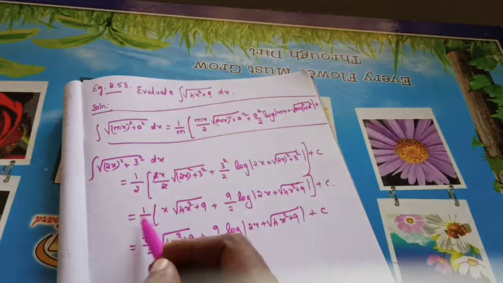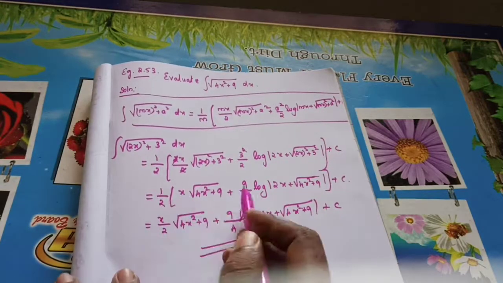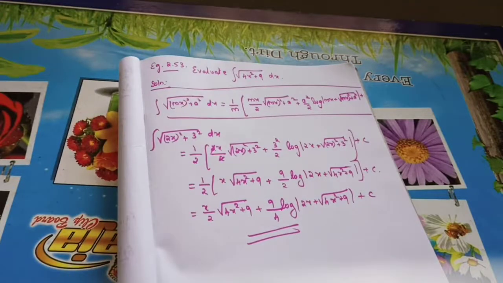Got it? So I multiplied with the x by 2 inside. So 1 into x is x by 2, 1 into 9 by 4 multiplied. Okay, got it? So that's the only small difference. That's the m value. So when you are doing this, you need to divide by the x² coefficient. Okay, got it? Okay, let's move to the next problem.